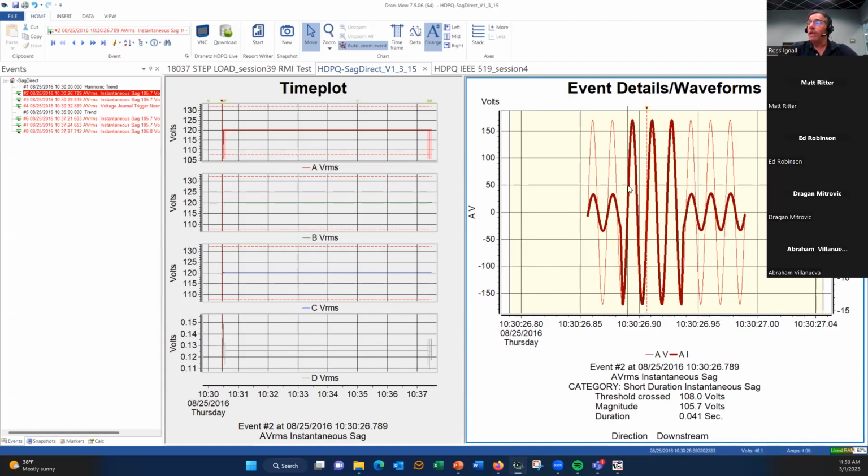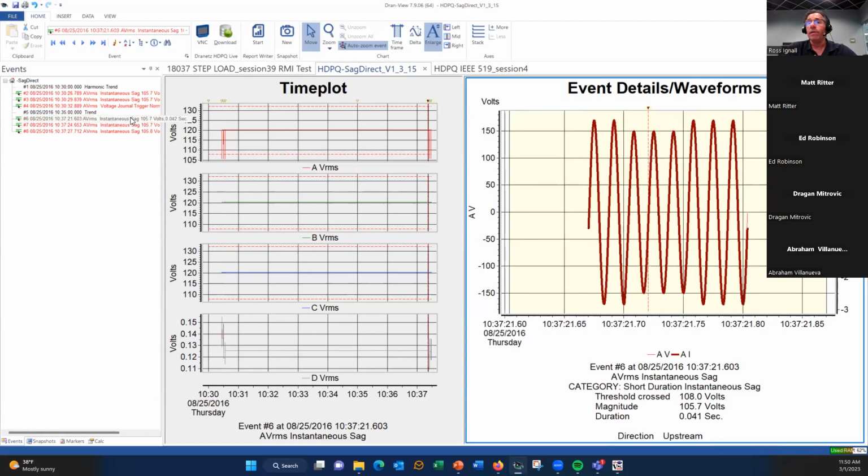And, something interesting here, you can see this was taken from our HDPQ Plus Guide or Explorer, which has the answer module, the sag directivity answer module. So for a sag or a dip that was downstream, it will tell you that, which means it was downstream from the monitoring point. And if I switch to another one here, here's an instantaneous sag. You can see both the voltage and current go down at the same time. And this is upstream from the monitoring point. So just throwing in some of the basic rules of how